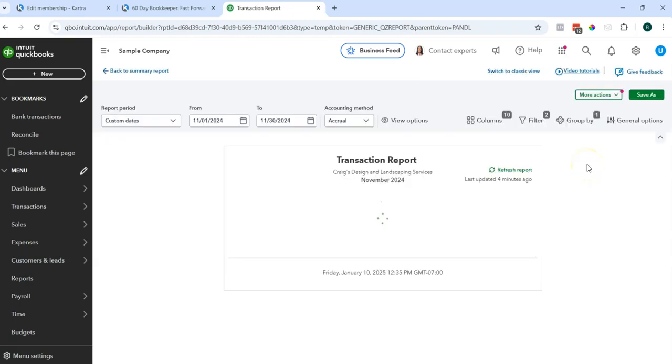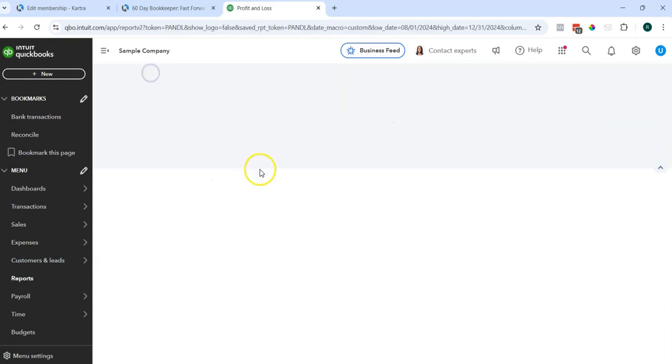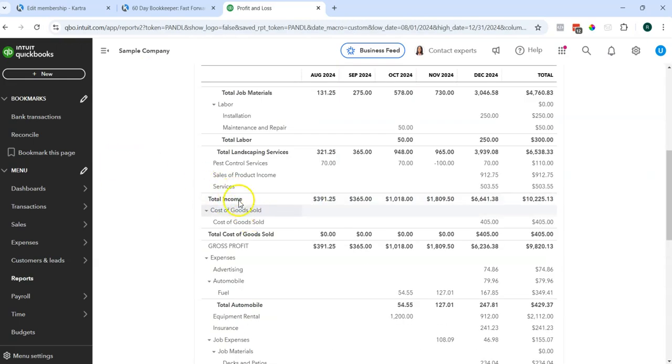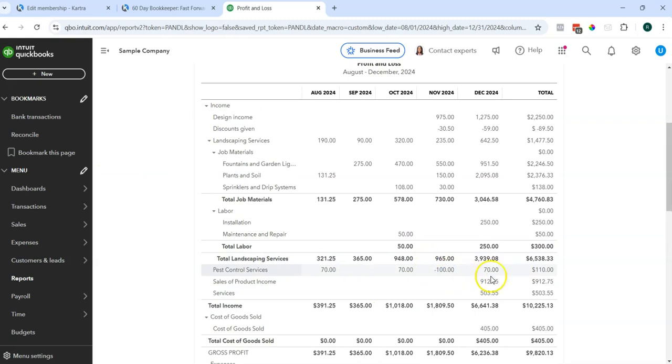What I like to do with this report, again, is just go through everything with my clients and make sure it makes sense. So this really doesn't seem like it makes sense. Amy's Bird Sanctuary is a client, and for some reason we're showing a credit memo for pest control services, whereas pest control services is probably not a service that we're offering. Typically, let's see. Oh, it is an income. So this is a refund of